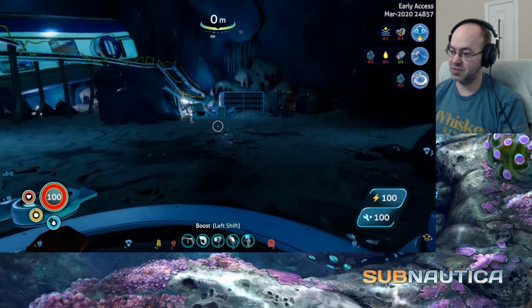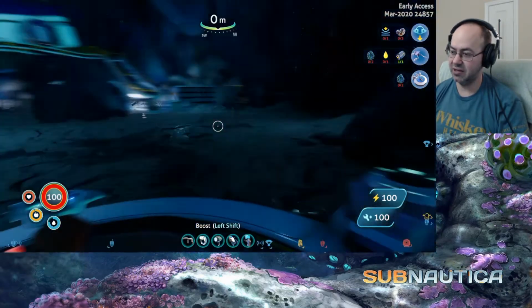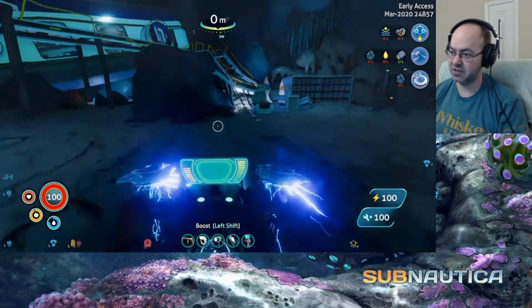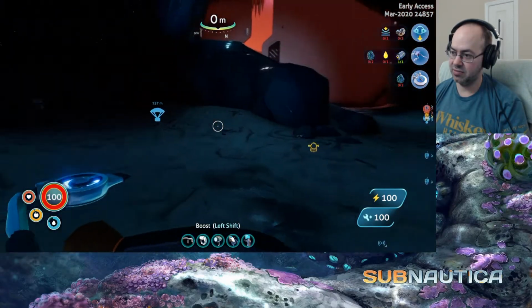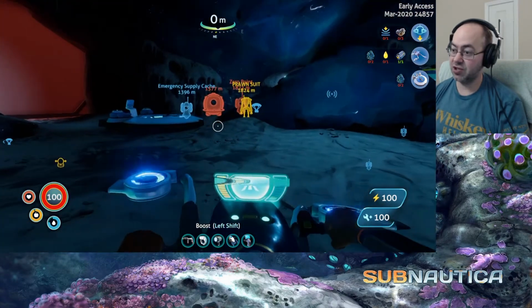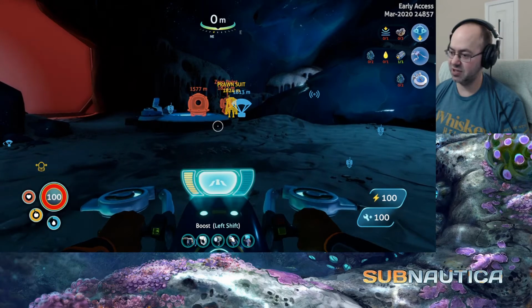Yeah, see, this is what gets me. Okay, so I guess you can turn, but you have to look all the way. That is so awkward. Boost is left shift. Oh, alright. How do you jump? Left and right are basically strafe. So I guess maybe the jump is not in this one yet, but...